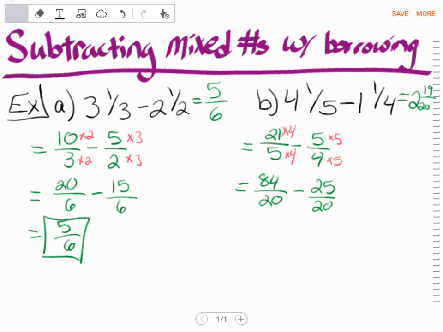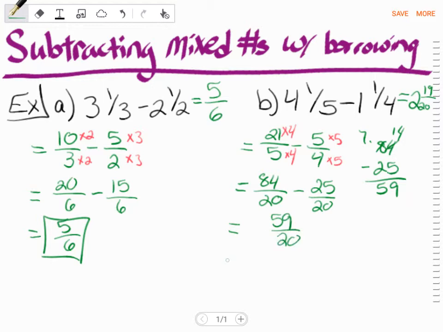So now we have common denominators and we can subtract. Now I've got to do 84 minus 25. Now, if you're having trouble finding this, again, just do it over in your scratch paper. 84 minus 25. And I have to borrow here. Okay, so 14 minus 5 would have given you 9. 7 minus 2 gives you 5. So I have